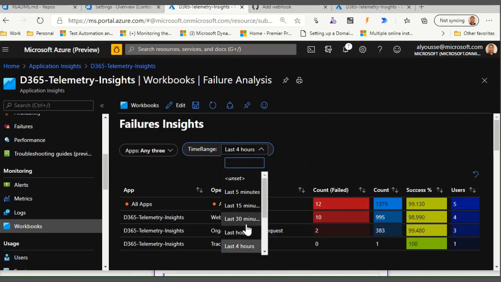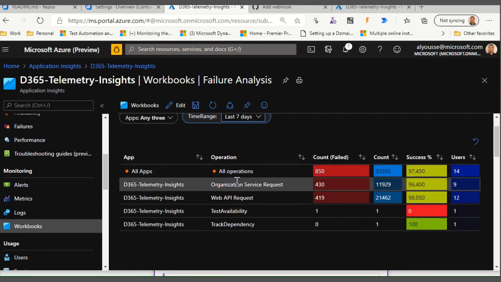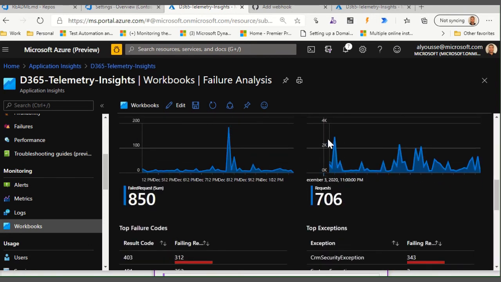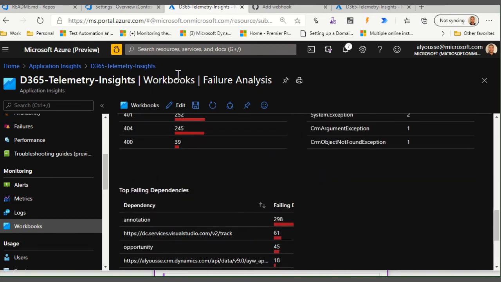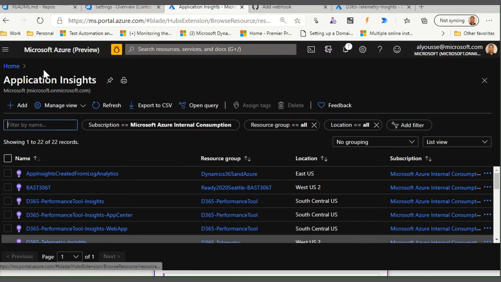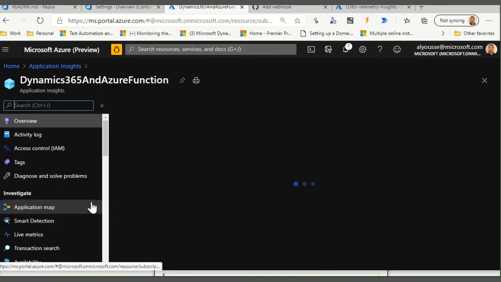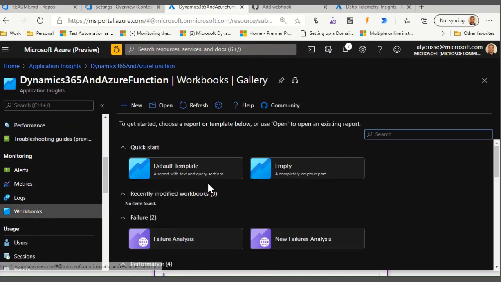But you can use that as well as maybe even looking at some failure analysis here. So in the last, let's just say, week, we can see that different this organization service request has 430, etc. I can see failed operations and so on here. And these are all based off of particular App Insights that you set up. So if I want to go to maybe my Azure Function that I know has been having some problems with availability, I can go look at it as well